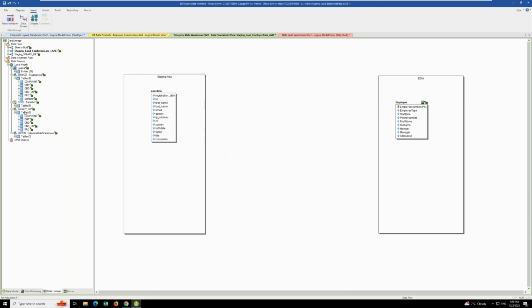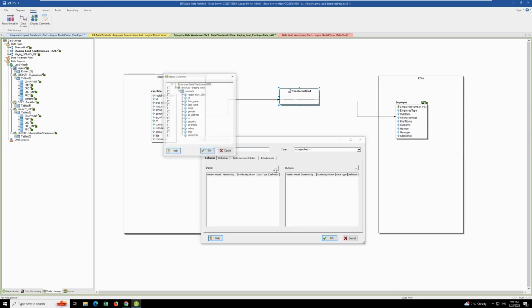So I've dragged in from my palette here the silver table in my enterprise data warehouse. There it is, employee. Okay. We just created that external table for this user data Parquet file, which now exists in Databricks as an external table. I simply create a transformation object and draw some lines. So from there to there and there to there, and then I can select which are the input columns from my external table. Okay, select a couple of those, select the output columns,